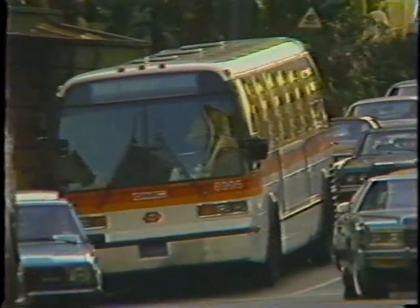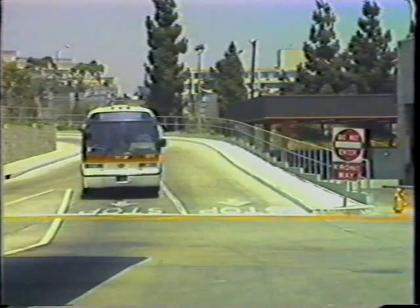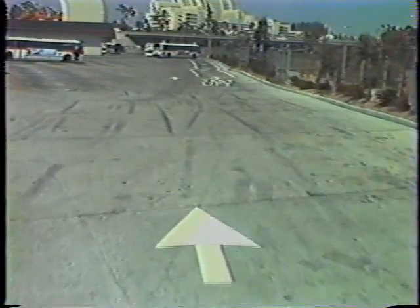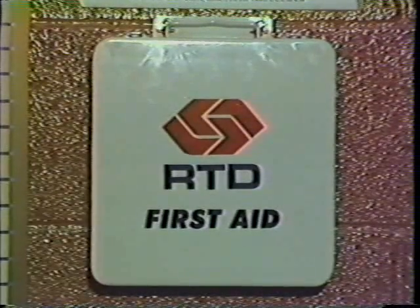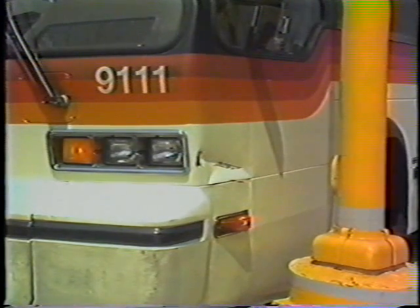The RTD serves more than 1 million passengers every day. We provide a vital link for the public between home, work, school, and recreation. Operating safely in the yard allows us to maintain a high level of passenger service. This program will illustrate specific safety precautions to enable you to avoid personal injury, avoid property damage,